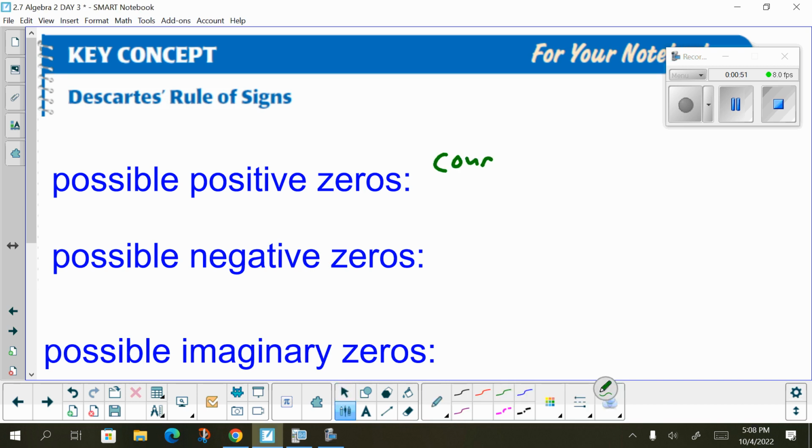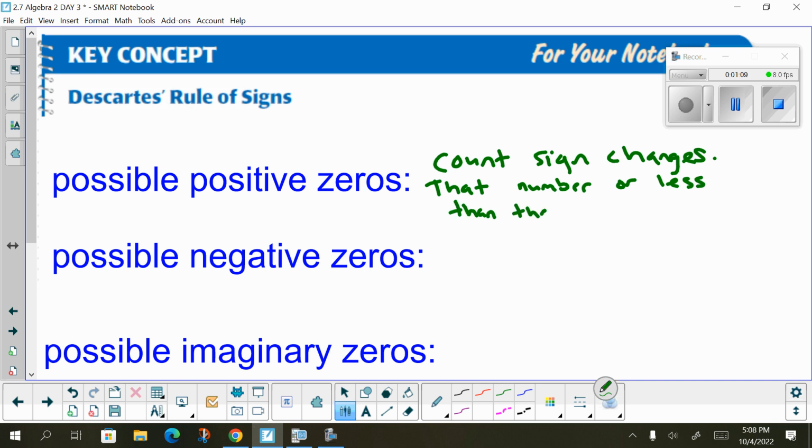So simply count the sign changes, and it will be that number or less than that number by a multiple of 2. So for example, if I count the sign changes, I can get 5. My possible zeros would be 5 or 3 or 1, because I'm subtracting off 2 repeatedly till I run out